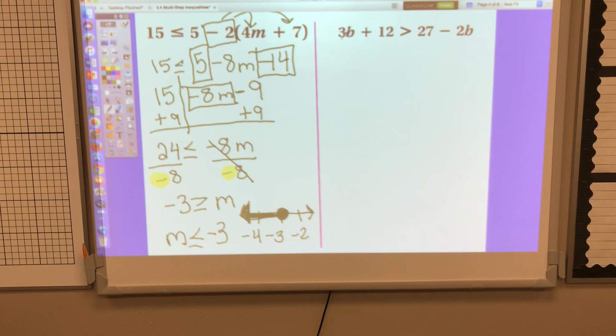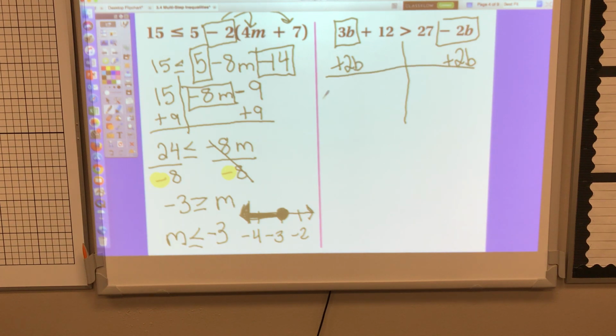Again, making sure my shading is nice and dark on my shaded half of the number line. Next one, this time I don't have any parentheses, so I don't need to distribute, but what I do notice is I have a 3b on the left and a negative 2b on the right. So I cannot solve an inequality when there's two variables, so I need to move that smaller one. Negative 2 is smaller than 3, so I'm going to add 2b to both sides,